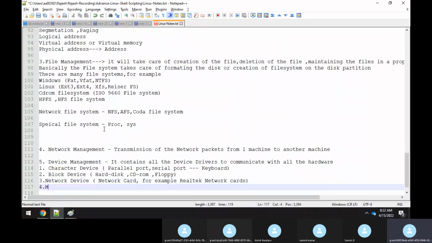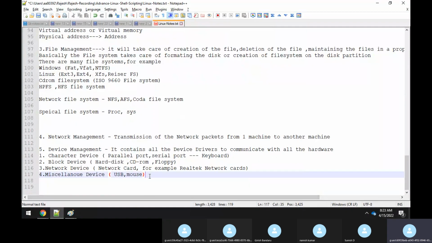And the fourth is miscellaneous devices. For example, your USB falls under the miscellaneous category. Your mouse device also falls under the miscellaneous category. So you have device management, and broadly four categories of devices come under this.